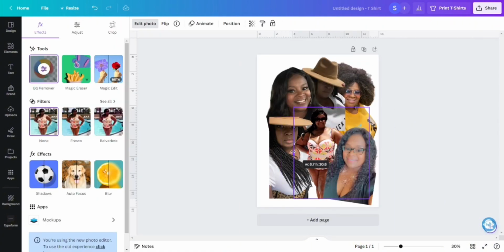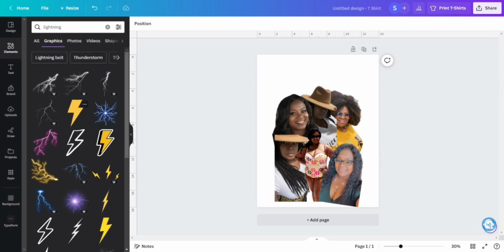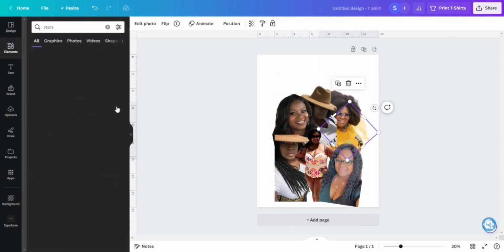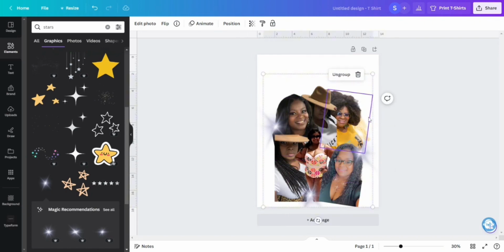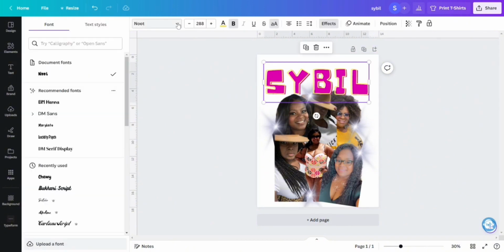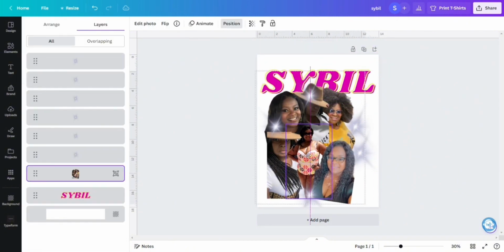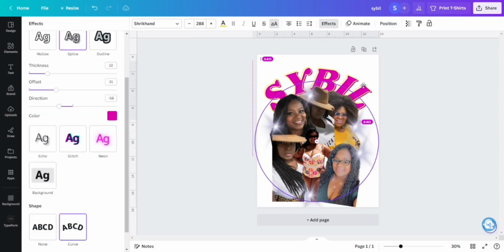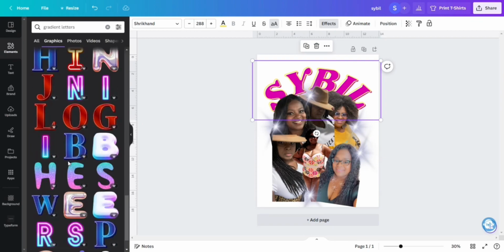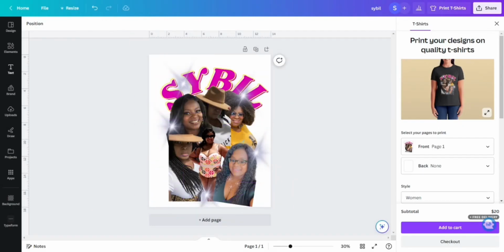Here I am just removing the background. If you don't know, you select your picture, go to edit photo, and go to background remover. I think this is a regular Canva feature, but if not, I do have the professional account and I can just remove these backgrounds pretty easily. If you don't have the professional account, then go ahead and use a background remover on the internet and then